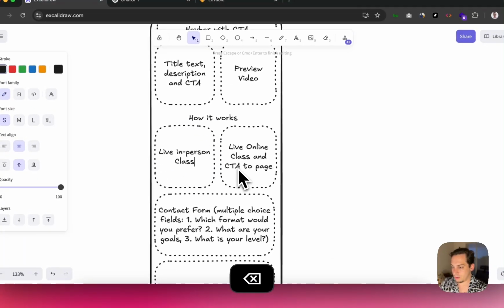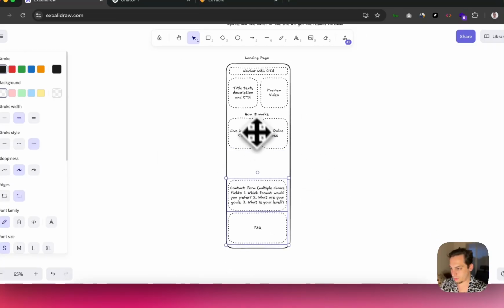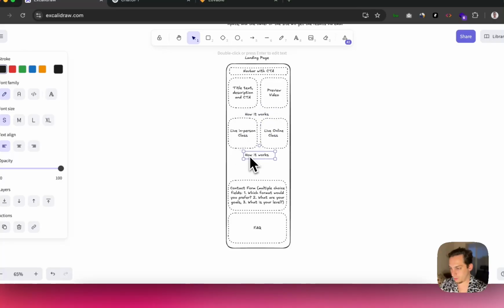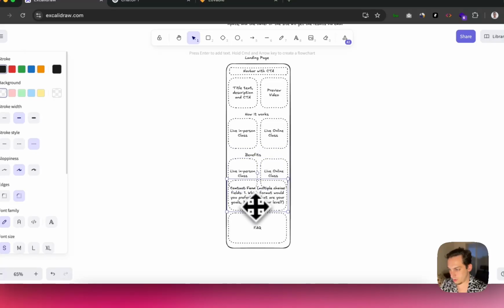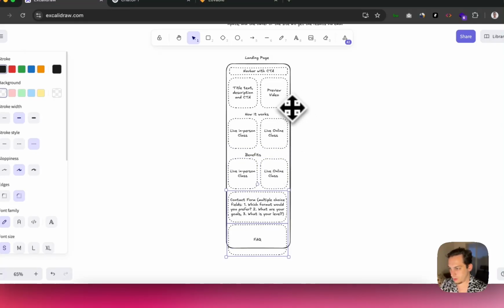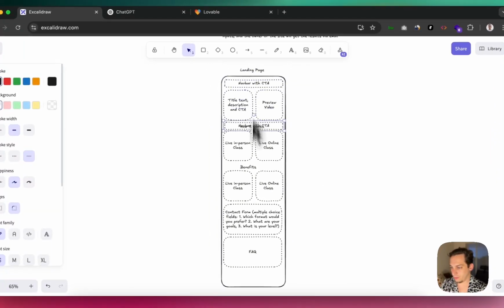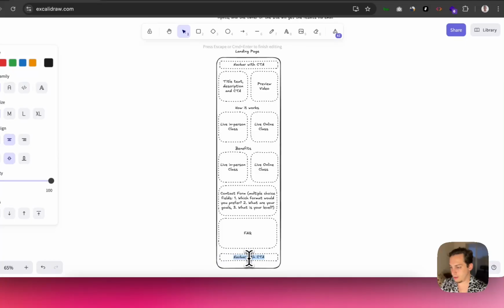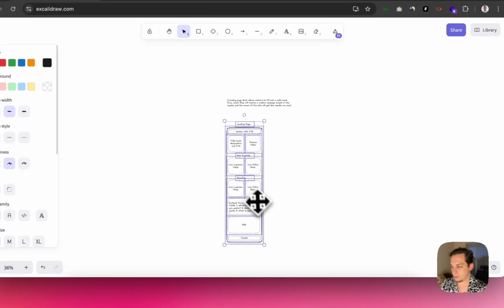Live in-person class, live online class, then we can do benefits and use the same ones, and then we can move these down and go like this, FAQ, and then we can put like a footer. So I think this is a great starting point, and I really like this tool. It looks like a pen kind of drew it out. So what we can do is we can use this